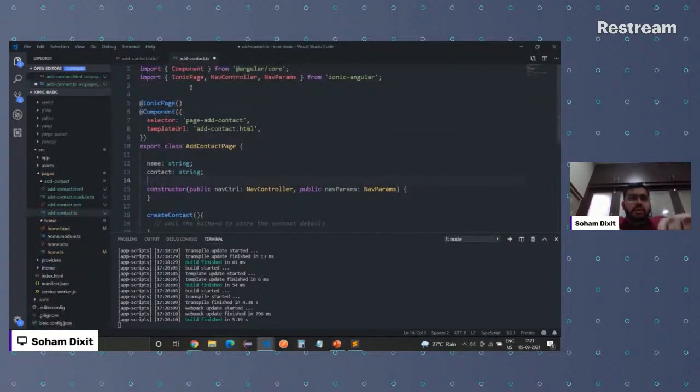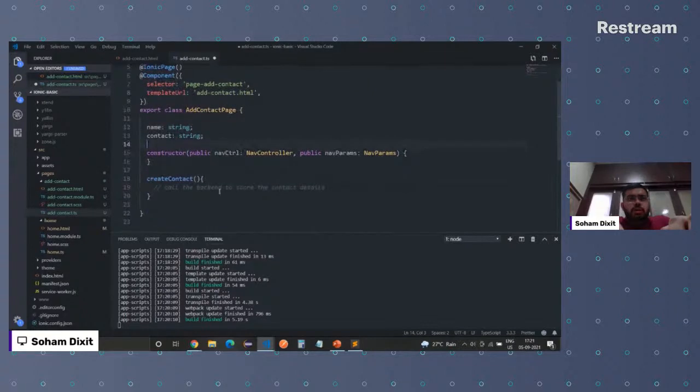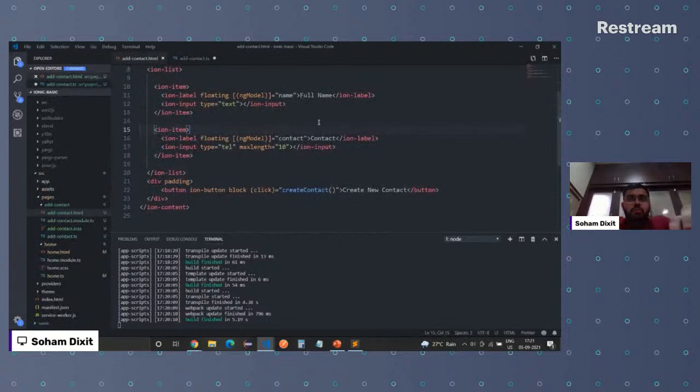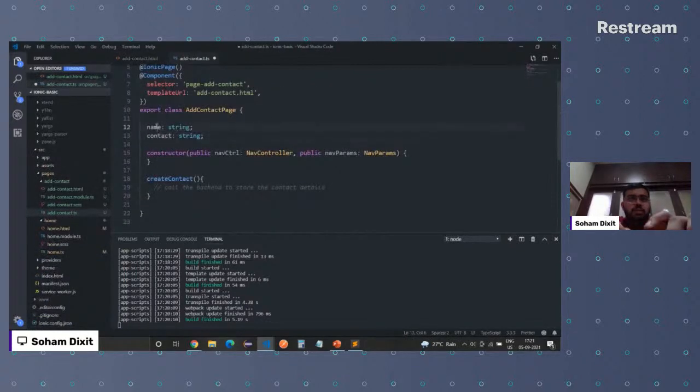So what we have actually done right now is, when user clicks on this button, whatever the user is typing is assigned to these variables. When I type full name, that full name is assigned to this variable. The contact which we are typing out is assigned to this variable. Now, let's check whether that is correct or not. So when user clicks on the create contact button, let's print out those details. Let's print out the name and let's print out the contact number as well.